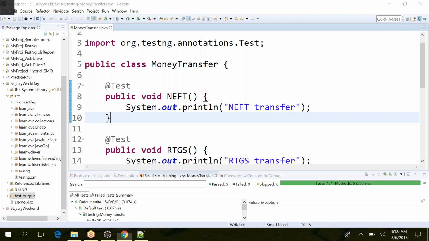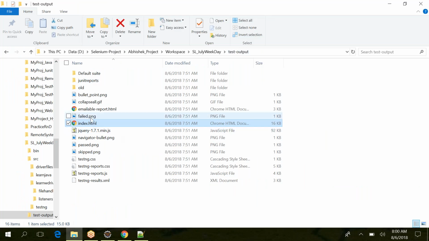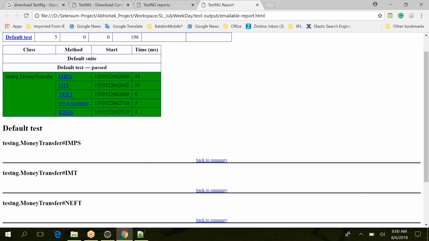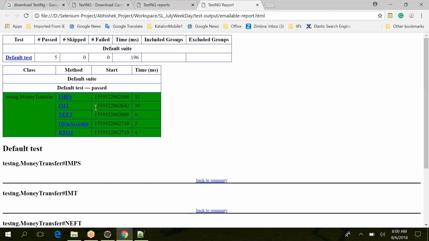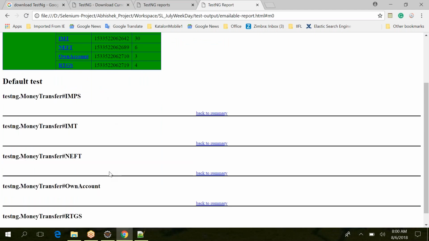Okay, so you just need to go under your project. You can see one folder, test-output. Under that you can see, okay, there is one more HTML file. So it is also the same thing, but just in a different format. So they are creating the report in 2 different formats. All the test cases in green color. If you click here, it will take you to the details. If anything is required, you will get the information if something is